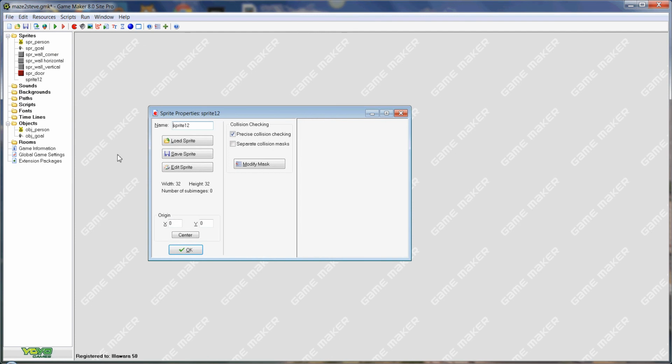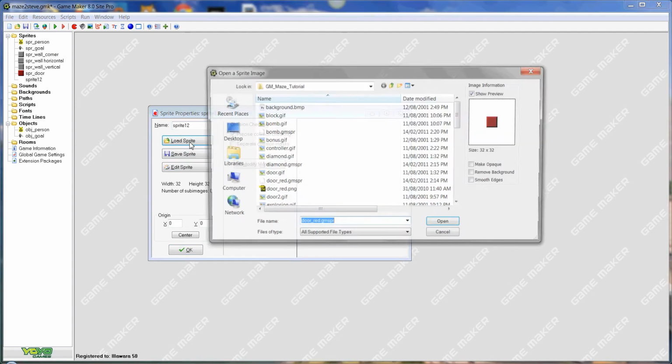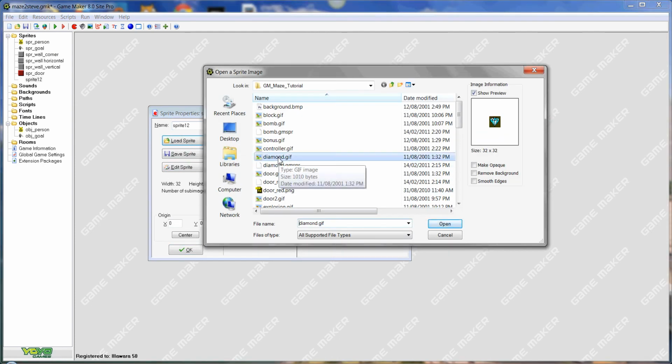And in this version, we want to collect some diamonds. So we're going to load sprite. We're looking for a diamond GIF. In this, see the little green background? We don't want that. So in this case, we do want to remove the background. If this window is too small, you don't see these words here, you need to enlarge the window and press